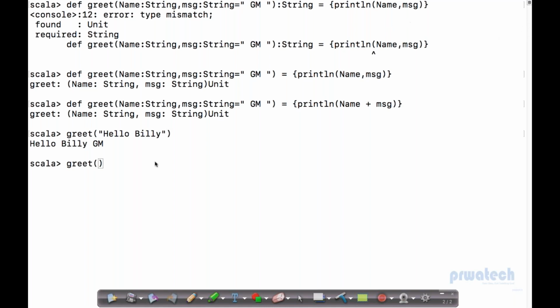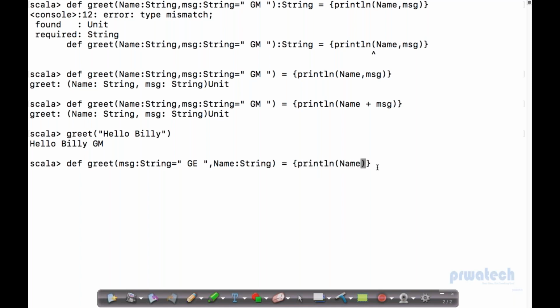After that, what I'm saying here, I'm changing my argument position, and here I'm saying MSG is, I'll write the same thing, only my argument will be replaced by their positions. Okay, so MSG string, I'm saying this is a string, and now I'll call the same value as GM. Let's say this is good evening. I need to redefine this. This is good evening, and then I'll give a name colon string is equal to,